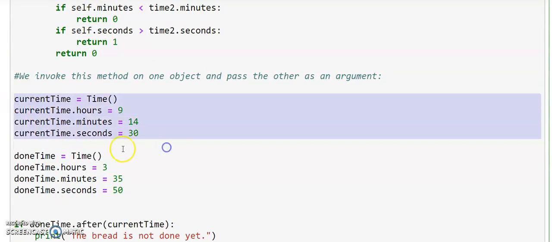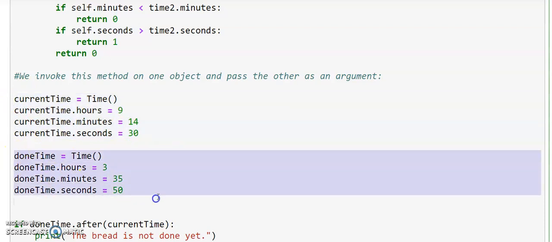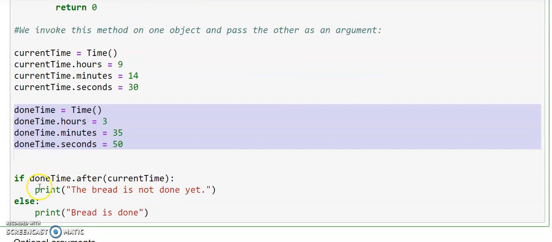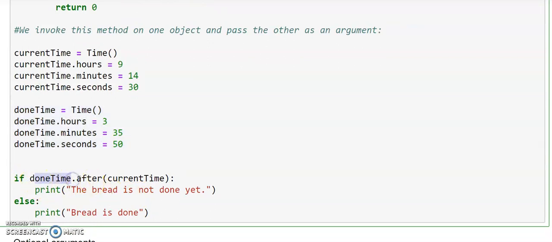You know how we create the objects and how we assign the attributes for each of the objects. Now the thing is how we are invoking this. The first object, the time dot, then the name of the method, and we pass the current time as an argument for the method. Based on that we are just printing the things.